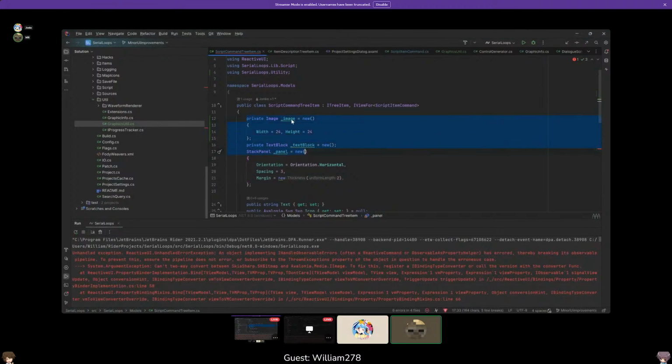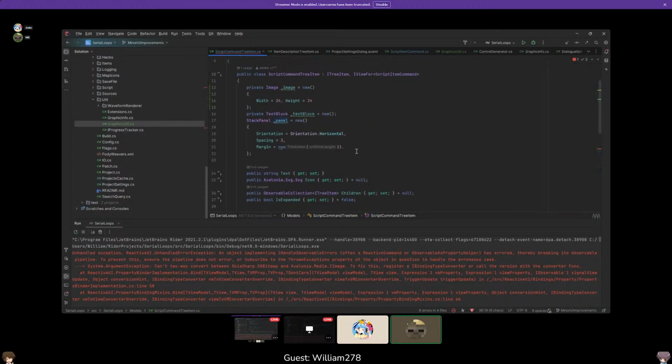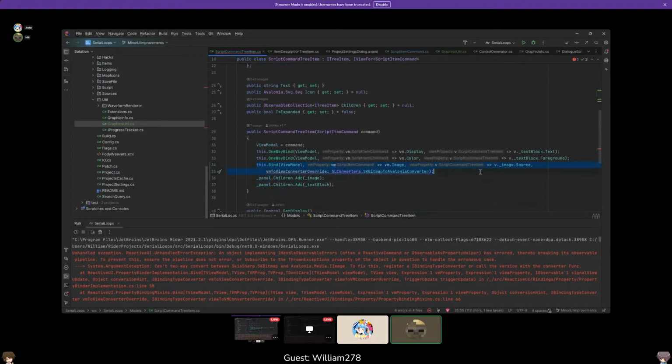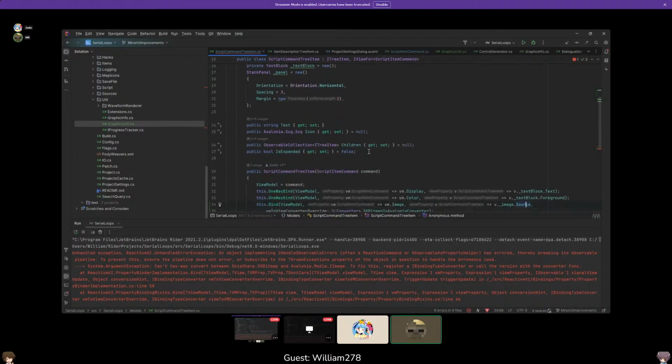I got it. So I've added an image, an Avalonia object, to my script command tree item. I'm adding it to our panel. Okay. So I've made a bind, right? You'll see the color here as well. A question. Why are you? Oh, because it's in the tree item, so we have to do it. Yeah. Okay. Got it. So I've made a bind here, which binds to our model. This image. Got it. Right. An image, and the source of the image is an SK bitmap, which we're getting, which